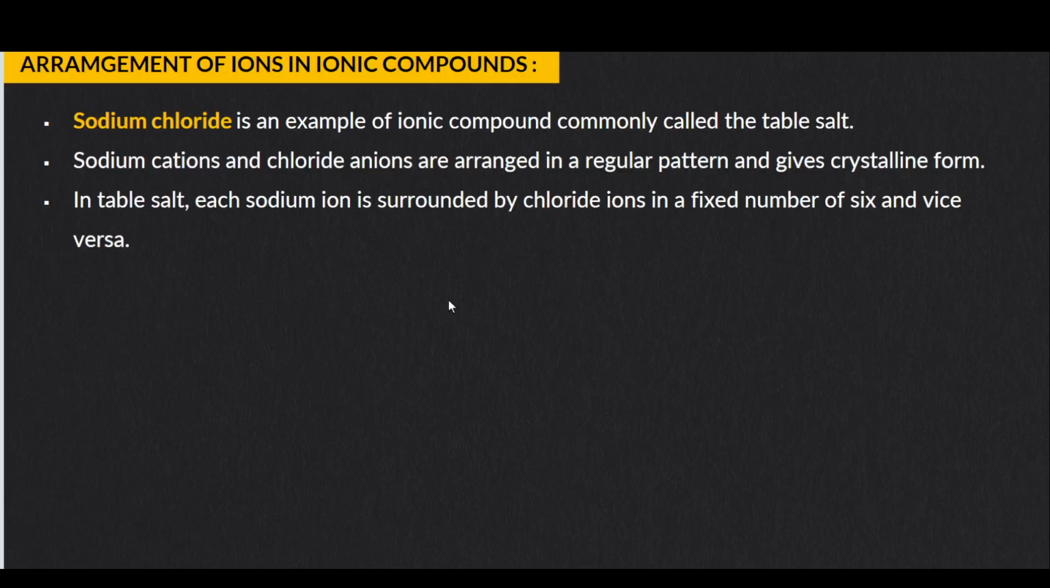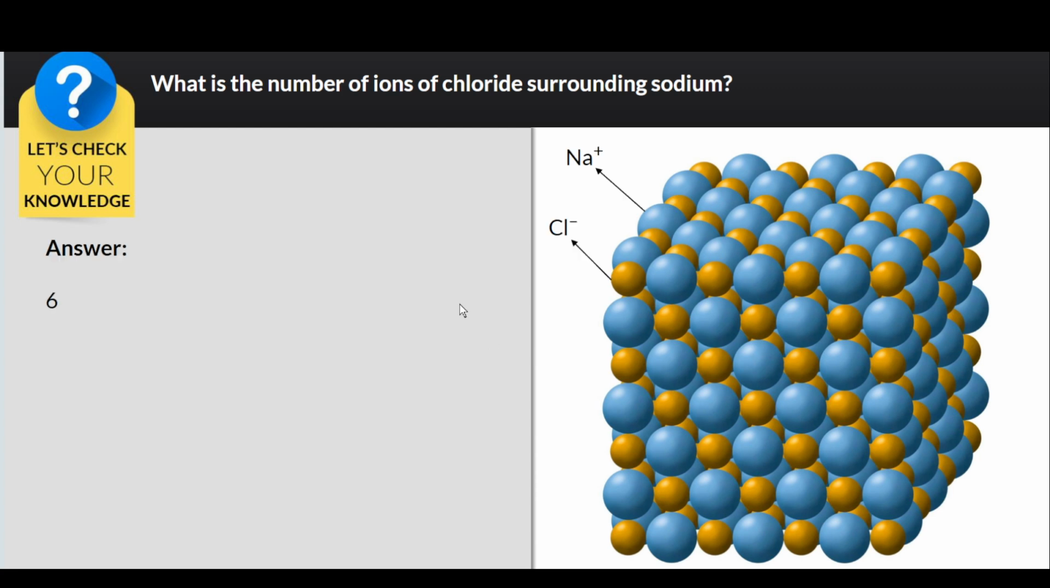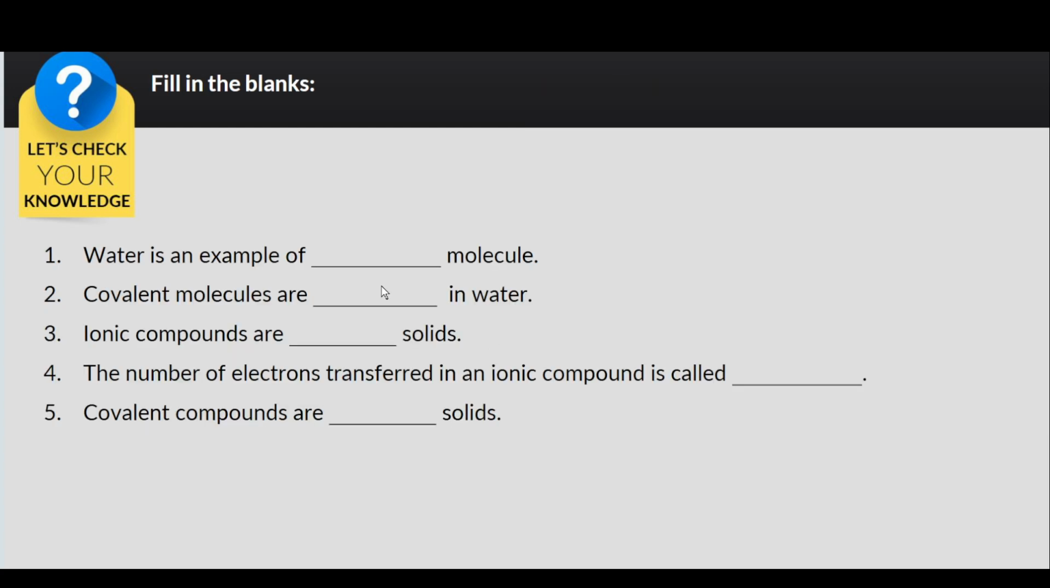In ionic compounds, atoms are arranged in a regular pattern and they form a crystalline structure like this. This is the structure of ionic compounds. Okay, and first this is the structure of sodium chloride, and